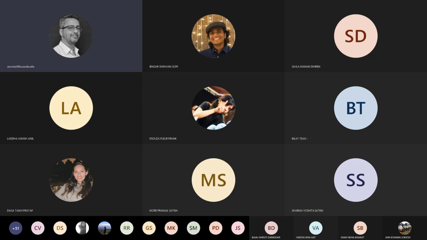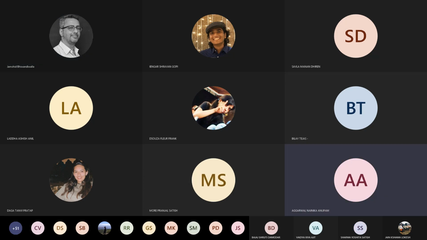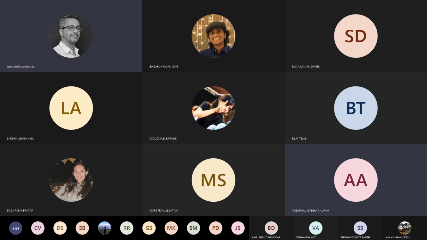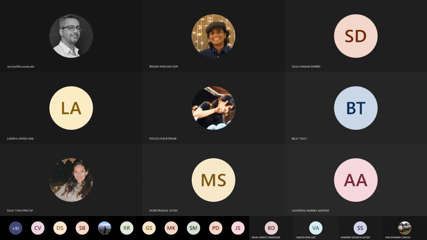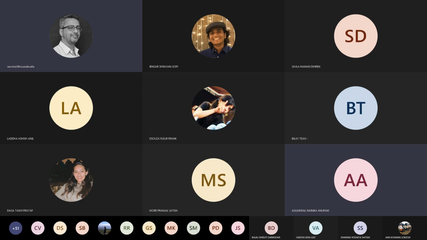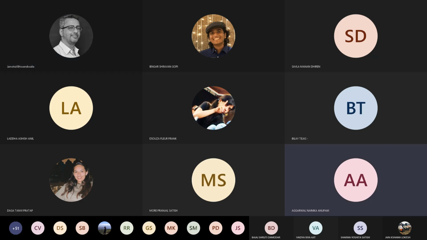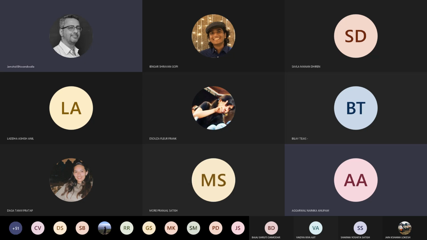Anybody else? I have a doubt. Please go ahead. In case we're using drop panels in a basement, how do we decide the size of the drop panel with respect to the column or the span we are using? What do you mean by drop panel? In a flat slab, when we give capital and drop panel and the beams are in, how much offset do we take, or what is the size of the drop panel? The drop panel is always from the center of the column, one quarter on either side. It is as wide as that of the beam strip.